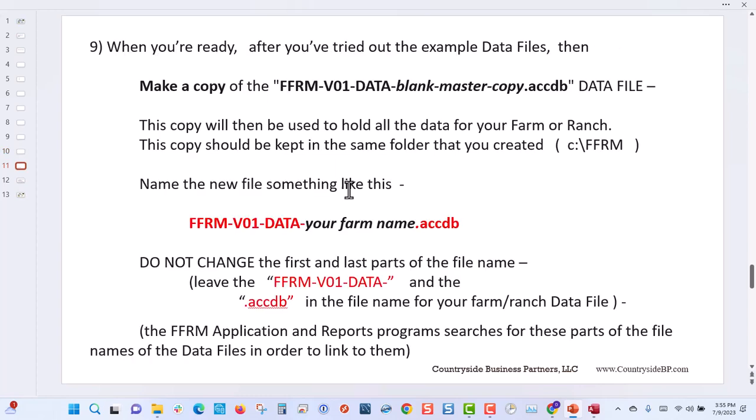And after that, when you're ready, after you've tried out the example data files, make a copy of the FFRM V01 data blank master copy .accdb data file. This copy will then be used to hold all the data for your farm or ranch. This copy should be kept in the same folder, the FFRM folder, and name it something like, well, you keep this part